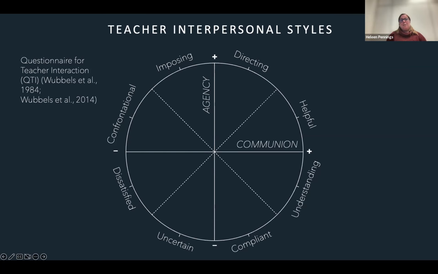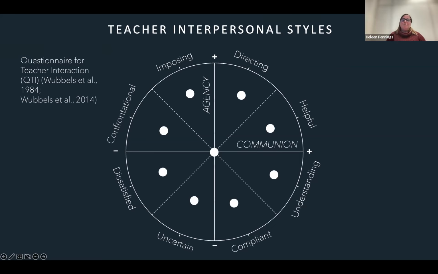So for the educational context, we have identified 9 styles, one for each of the octants of this circle and one in the middle. The names of these styles are the same words as the anchor words that we used, except for the one in the middle, because there's no anchor word. We call that struggling, because these are often teachers that really struggle and do not exactly know what to do. So they change a lot in behavior, from hostile to friendly, from submissive to dominant, but it's really unpredictable.